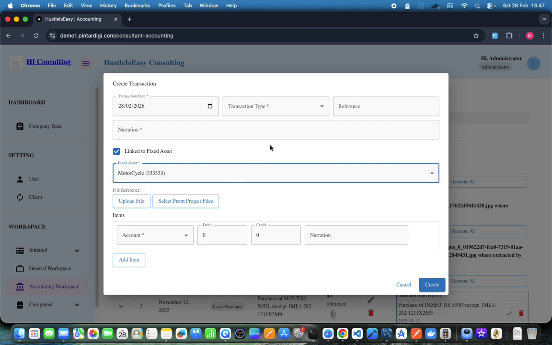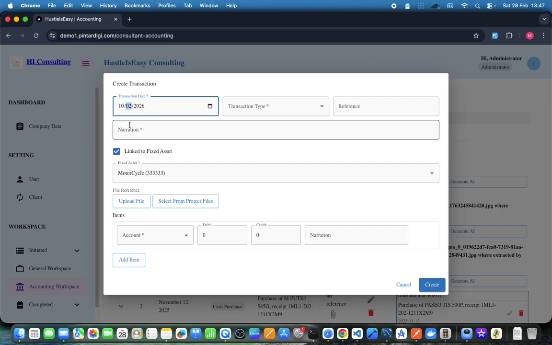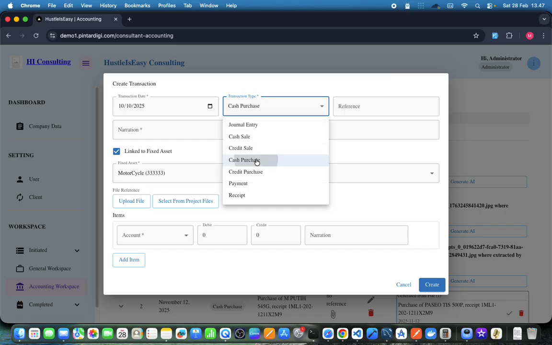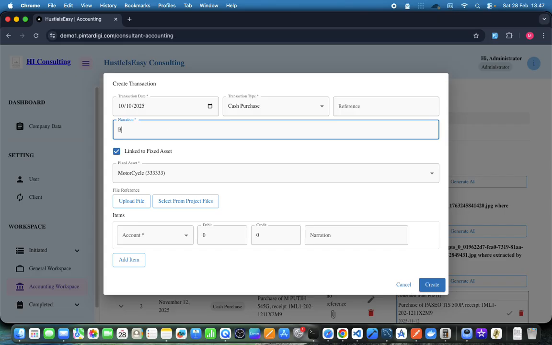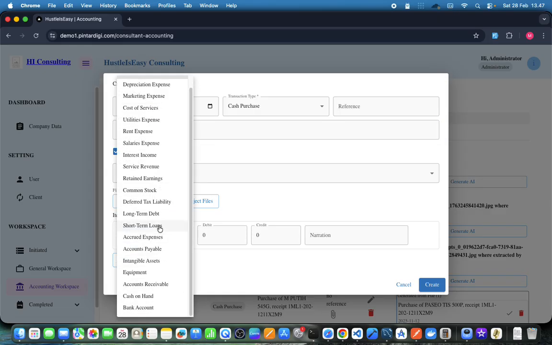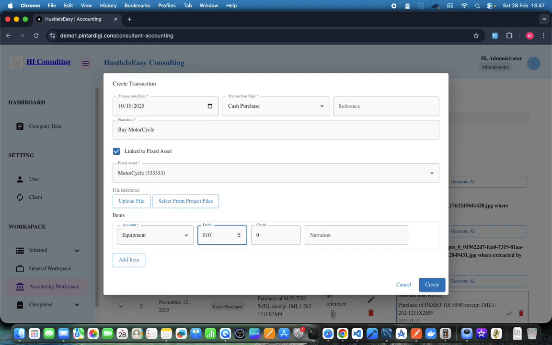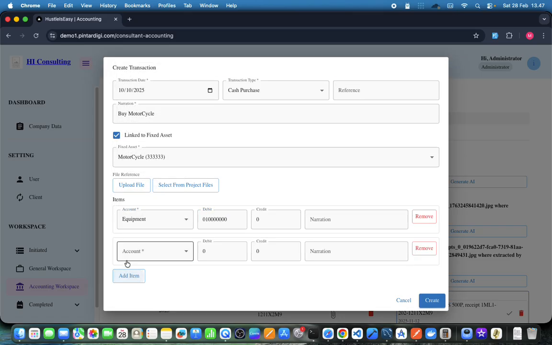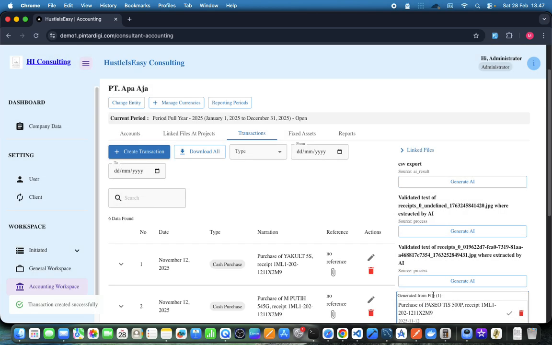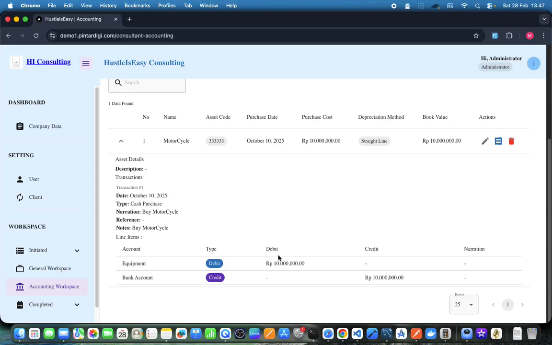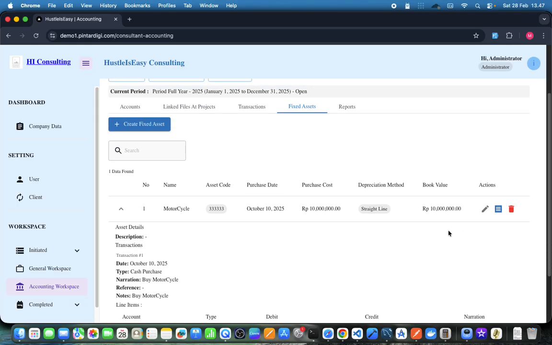First, we try from the Transaction tab. Then we try from the Fixed Asset list.